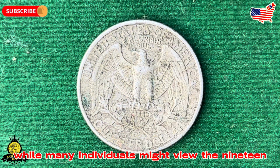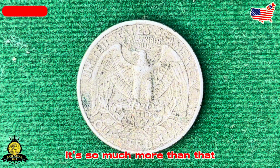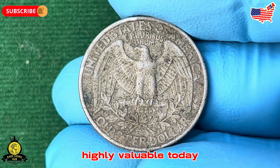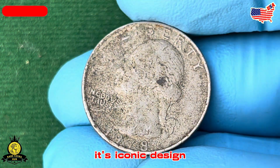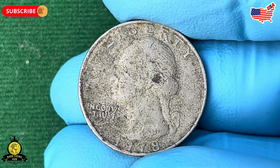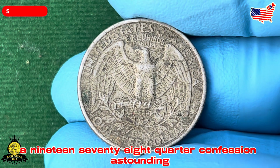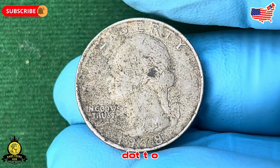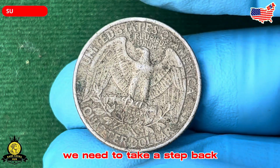While many individuals might view the 1978 quarter as just another coin circulating at the time, it's so much more than that. What makes the 1978 quarter unique and highly valuable today is a combination of its historical context, its iconic design, the minting process, and the factors that influenced its rarity over the years. By the time you finish hearing this story, you'll understand just why a 1978 quarter could fetch an astounding $148,000 at auction. To truly grasp the importance of the 1978 quarter, we need to take a step back and look